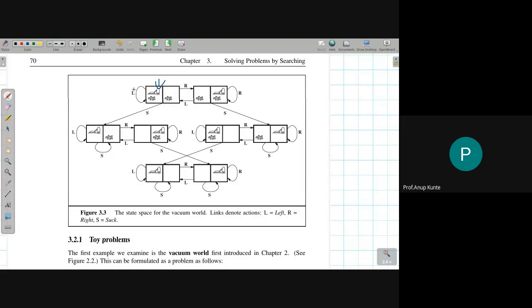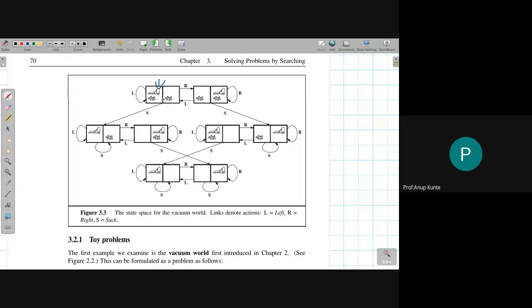Now these arrows tell me what? These arrows tell me the actions. Node is the current state of the world. Now the entire state is known, ये assume किया है यहाँ पे. So simplification क्या है? पहला वाला जो हमारा वैक्यूम क्लीनर वर्ल्ड था, इससे पहले हमने विजिट किया था, तब आप कह रहे थे कि इसको 2 सेंसर्स है. एक सेंसर है, उसको पता चलता है कि करंट रूम में डस्ट है या नहीं, और दूसरा सेंसर है जिससे उसको पता चलता है कि वो कौन से रूम में है.